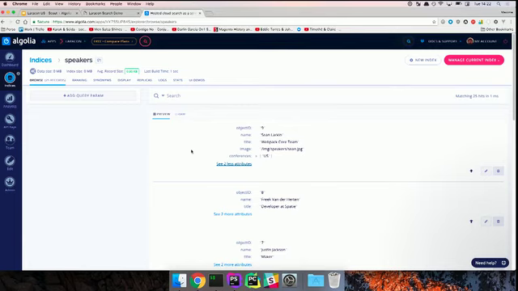We just import the data. Actually, the synchronization is already done as well. We didn't have to do anything. Scout is going to take care of that. As soon as we modify a model, it's going to update it. If we delete something, it's going to delete it as well from the engine. So we are good. First step, done.